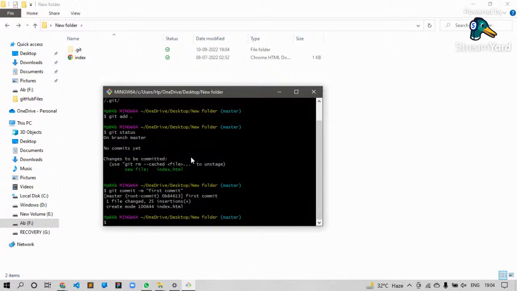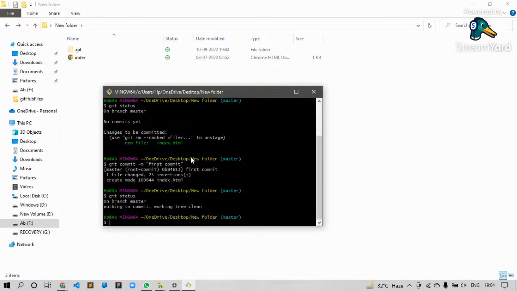If you do git status, okay, working tree clean means all the changes we have made are now committed, and there are no changes that need to be staged. All of them are committed to your local code. Is it clear? So exactly after this you just need to do git push,